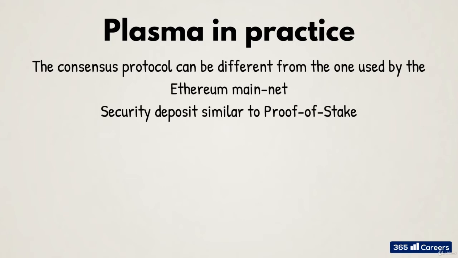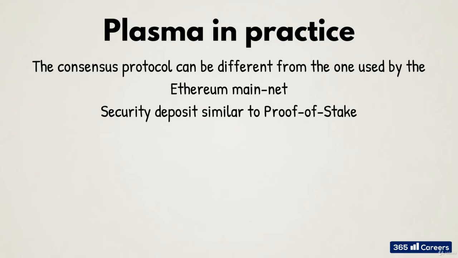Plasma also provides a security mechanism which guarantees that users can always withdraw their funds and assets from the child chain to the main Ethereum blockchain. For securing Plasma chains further, another mechanism can be deployed whereby validators or block producers on child chains commit deposits in a smart contract on the Ethereum main net, which binds them to play by the rules at the peril